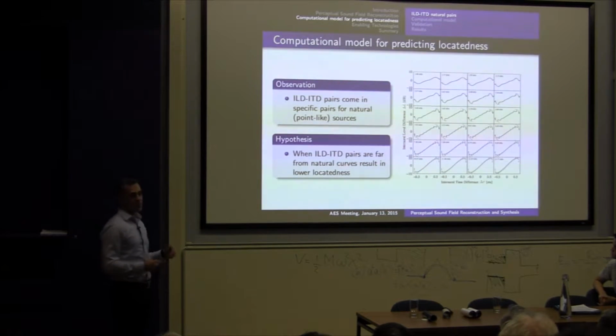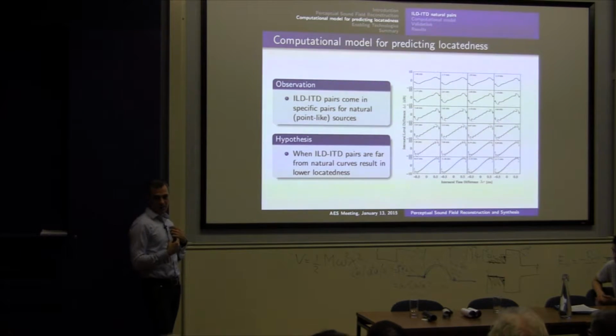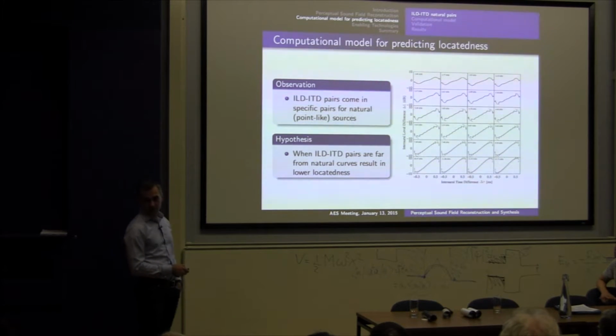So when the listener experiences a sound source somewhere in the space, that sound source wave field would actually create certain time and level differences in critical bands of human hearing. Given a source in a given direction, we have time differences on the horizontal axis, level differences on the vertical axis, and we have certain pairs in it, and each one of these plots corresponds to one critical band of human hearing. So in each of the bands, these time and level differences are going to appear in pairs, which are described by these curves.